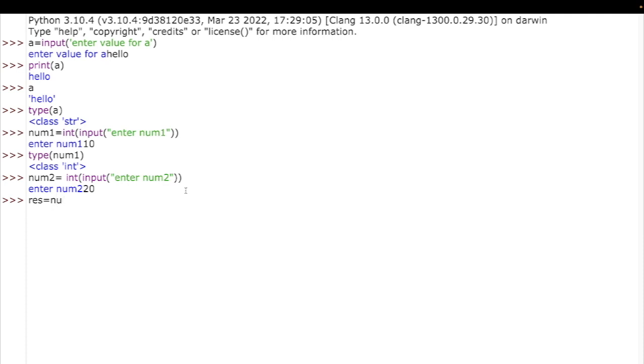Now let me add num1 plus num2. So we need to use this special character plus in between two operands. The first operand is num1, the second operand is num2, and the resultant value you will be storing in the result variable. Now after successful execution of this statement, the sum of num1 and num2 will be stored in the variable